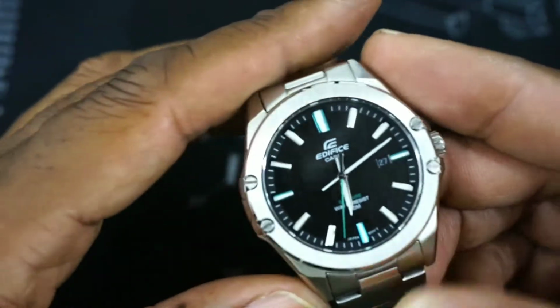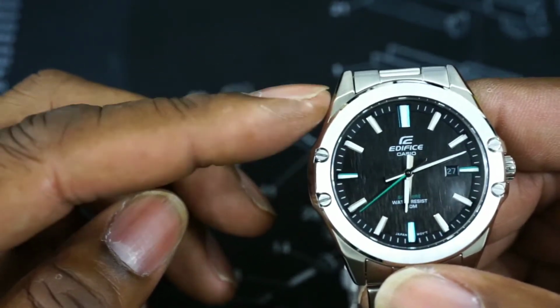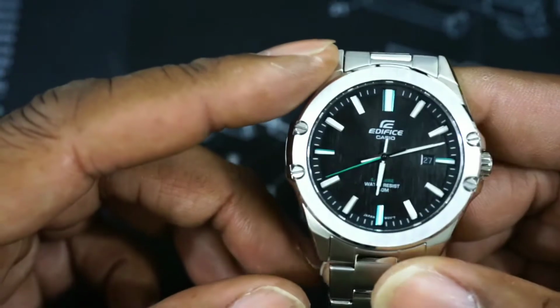I looked it up. Okay, now this watch is extremely accurate because it's a quartz, and it's running 20 seconds plus or minus a month. That's about a half second a day. Just to put that in perspective,